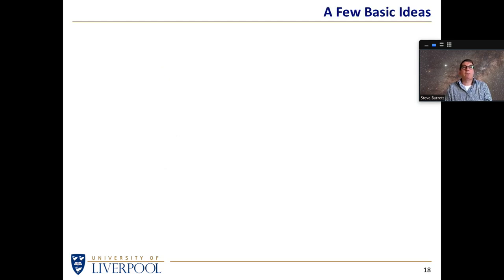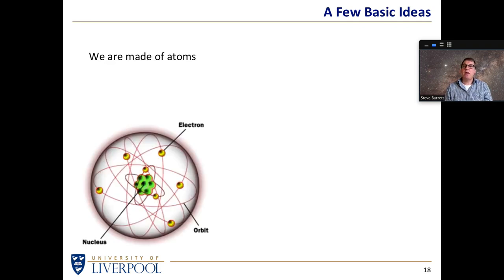So here's the few basic ideas, some of which you probably know, maybe not all. So we'll start with a few things you probably know. We are made of atoms. We are made of molecules. Molecules are made of atoms. Okay, and an atom is made up of a positively charged nucleus and negatively charged electrons buzzing around it like bees in a beehive. So we have known for quite some time that an atom is made of smaller things.